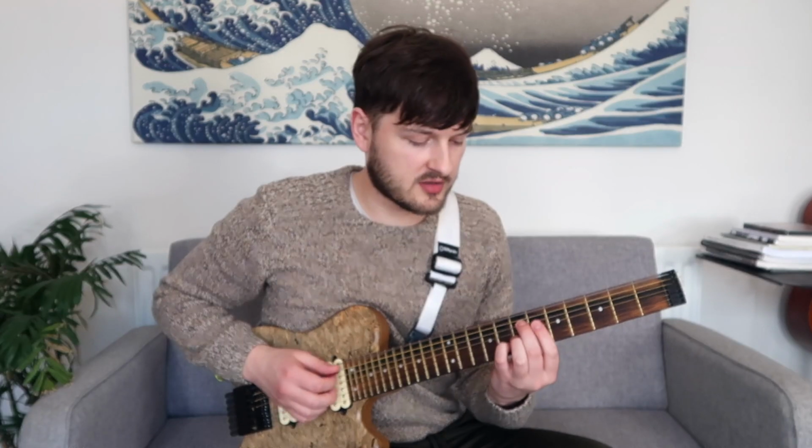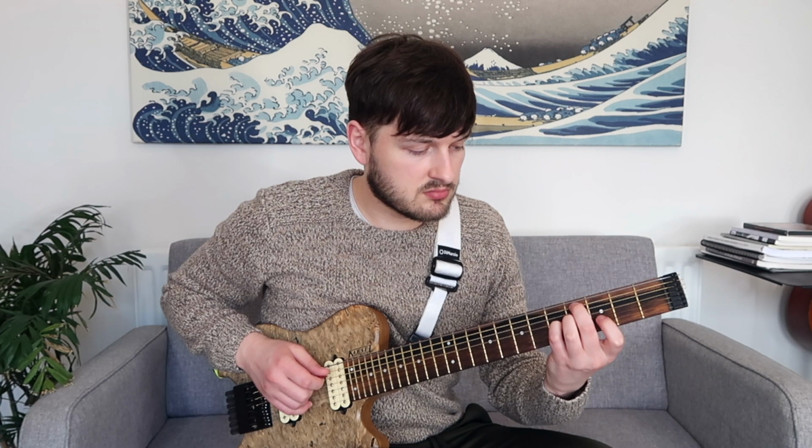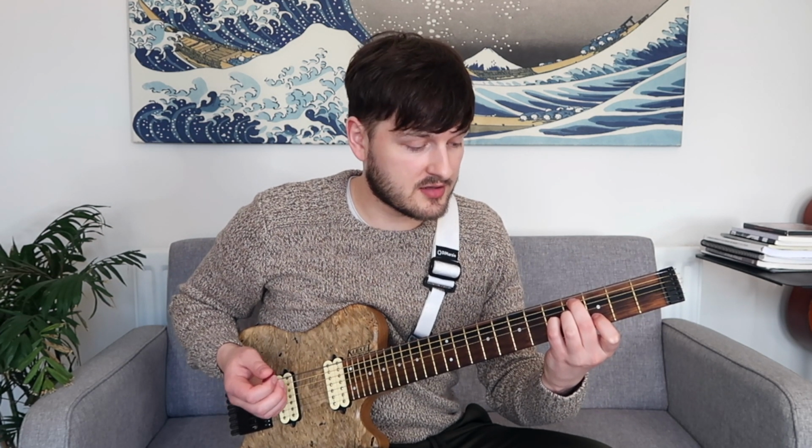So if we take the Footprints turnaround, what you'll find in the book, so we've got an F sharp minor 7 flat 5, followed by an F7 sharp 11, followed by an E7 flat 5 sharp 9, which is a good example of a chord which just isn't very friendly on the guitar, but we could play it like this. And then A7 flat 5 sharp 9, which is really hard to find a third here, so we could do it this way. Those chords sound nice and they'll certainly work. A bit tricky and impractical, some of those voicings,